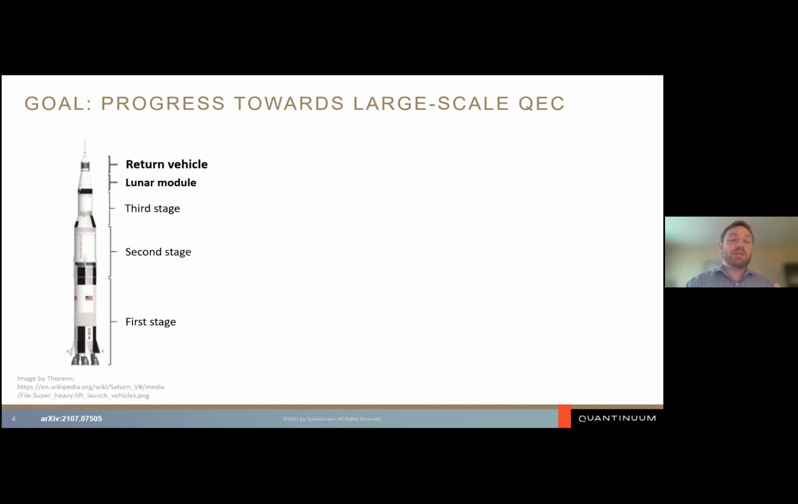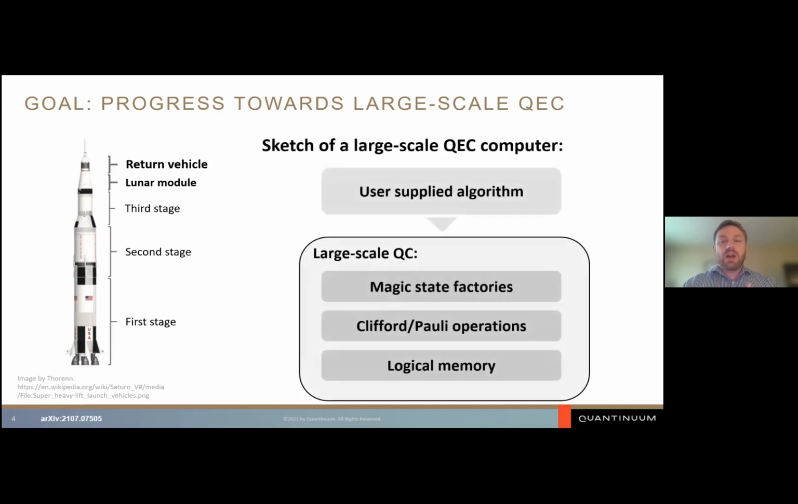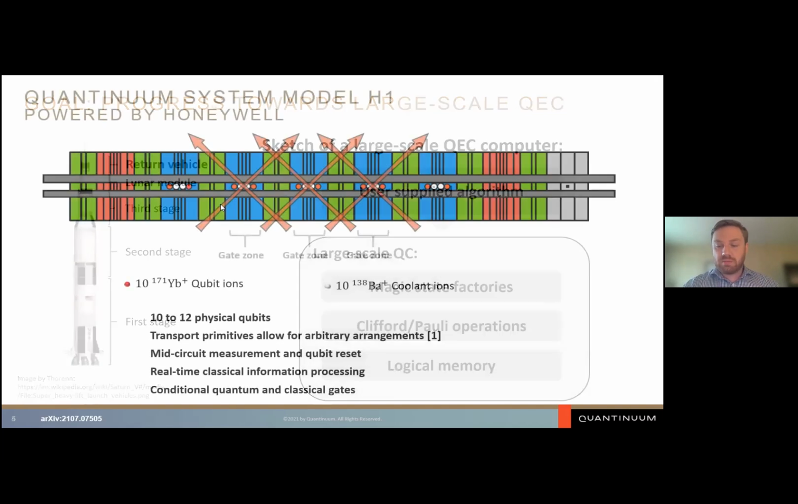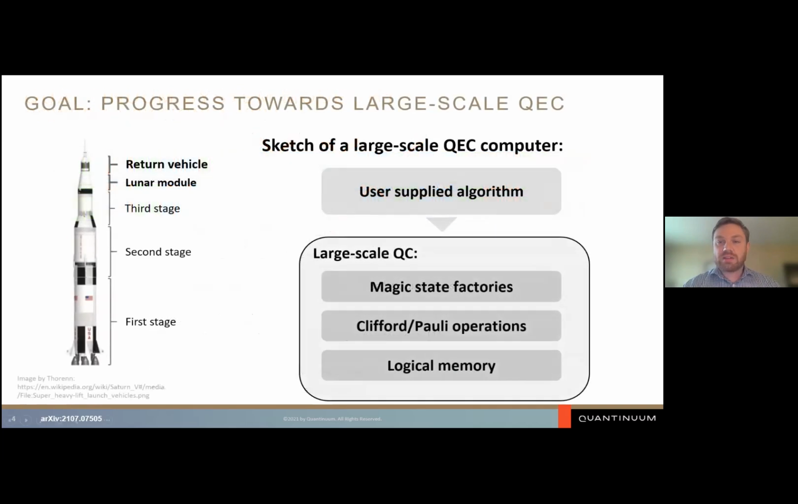In large-scale quantum error correcting computers of the future, it's most likely going to be a lot like the Saturn V rocket, where the majority of what it's doing is just getting you there. But the actual science that you want to do is just this tiny little piece up top. In this case, it's the return vehicle and the lunar module that actually does the science. But in large-scale devices,